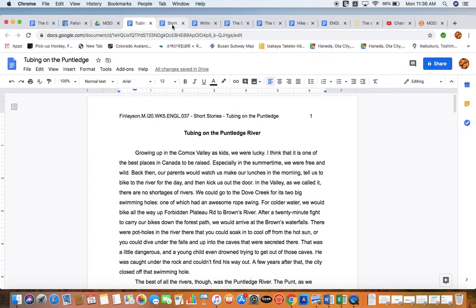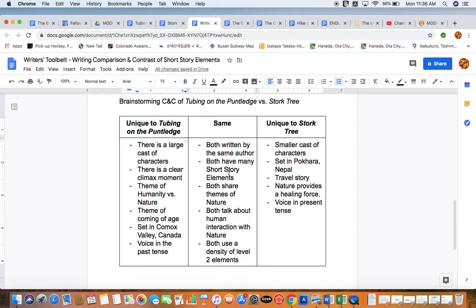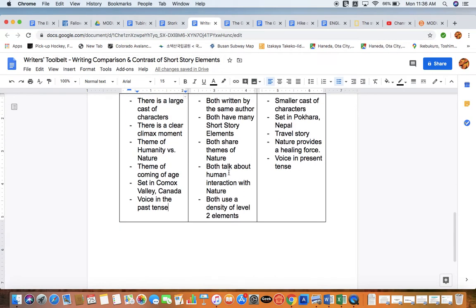Now I've got both of the stories opened up here in another couple of windows. And so I'm just going to go ahead now and start to write a comparison and contrast paragraph about these two stories. So we always know that we're going to indent. So we might even want to have a title in this case. So we're going to center the beginning. So we'll call this